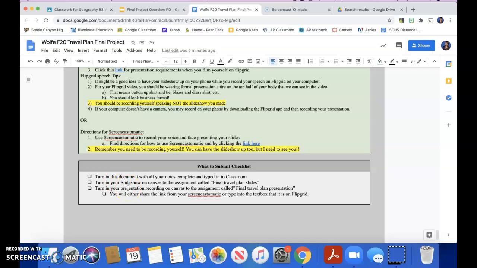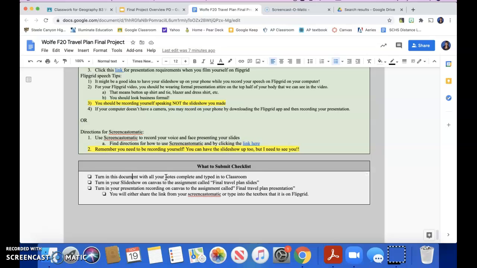Finally, like I said before, you will be turning in 3 things. You will be turning in this document itself, so the one I'm showing you on the screen. You will complete this document on Classroom. So similar to how we did with our essays, I need to check in and be able to see your document and make sure that you're making headway and that you're getting the steps done when they're supposed to be done and to make sure that you're doing them correctly.